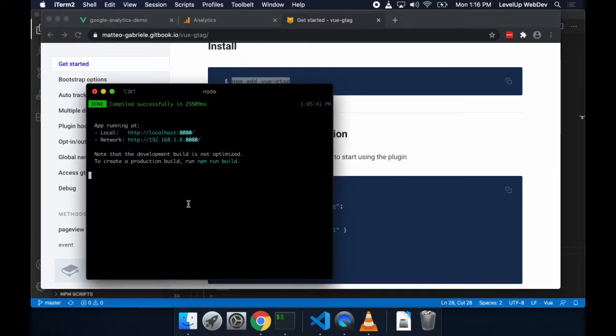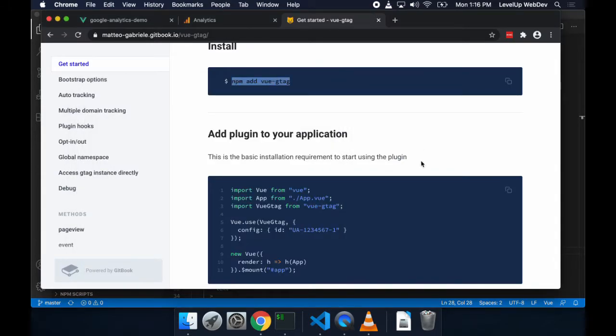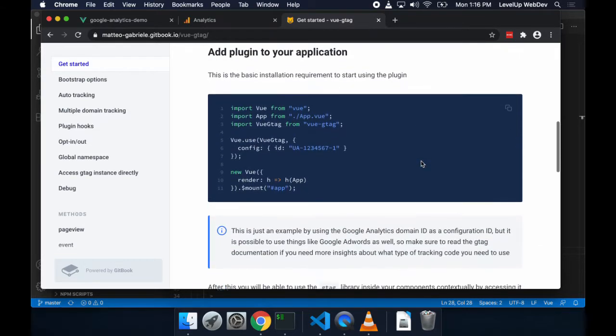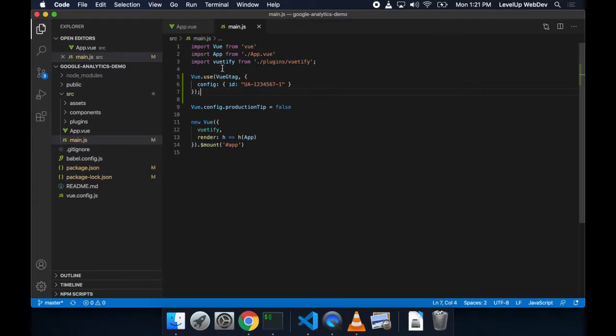So let's go ahead and stop this really quick and do that. And I'll go ahead and install it. And then after you do the install, we just have to go into our main file and add this vue-gtag reference with our Google Analytics ID. So let's go ahead and take a look in our project. We just need to go in here to our main.js file, paste this segment from the documentation. And now we're going to need to go ahead and update this ID with our ID from the Google Analytics